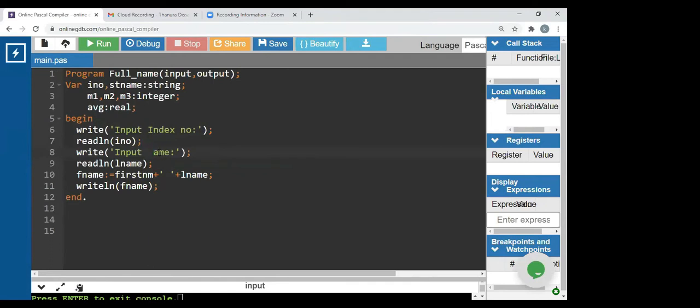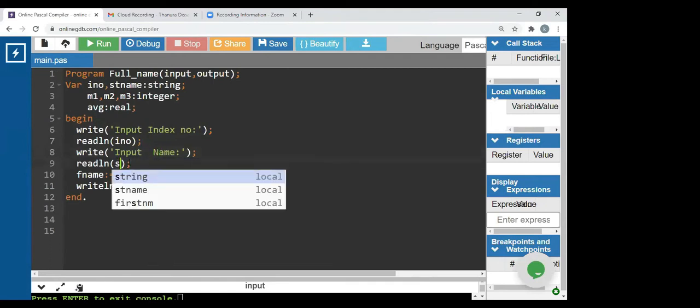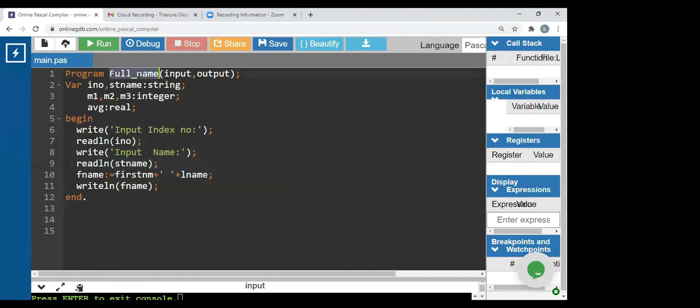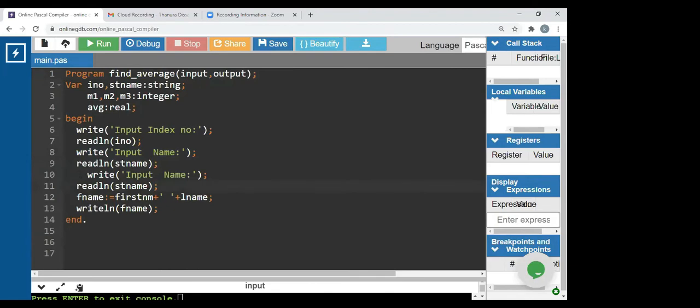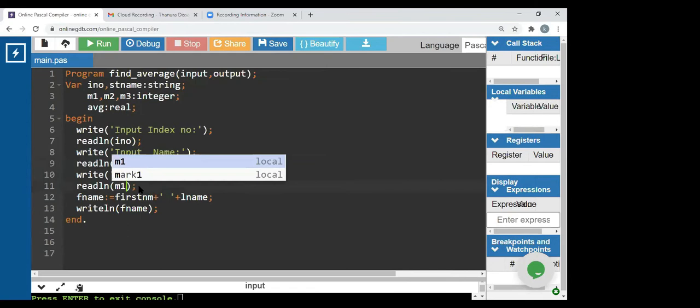Okay, that is correct, input name, but the variable name is now STNAME, so we are changing our program name as find average, here, find average. So we need to get three additional values. So I'm copy pasting these things. Right, input mark 1, first mark, that is M1, read it to